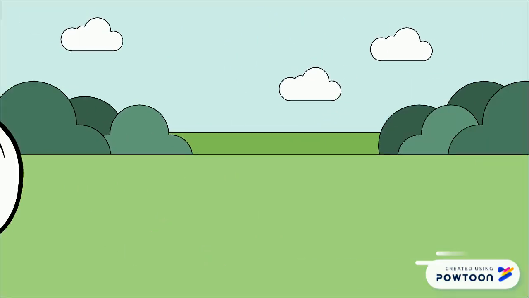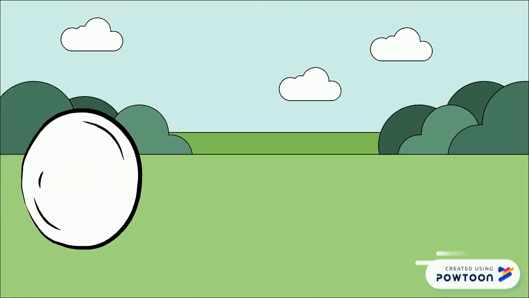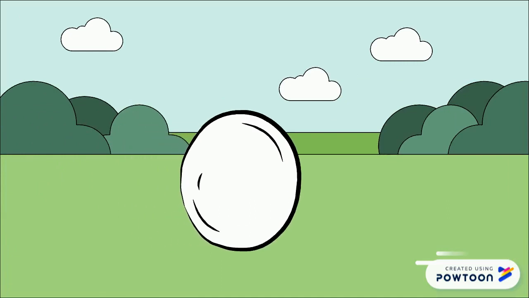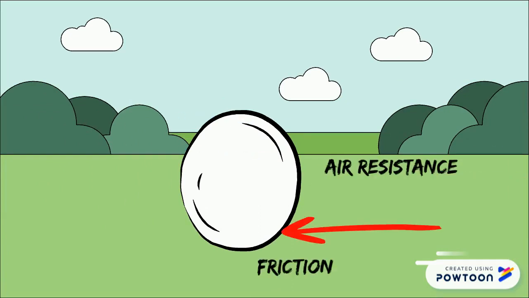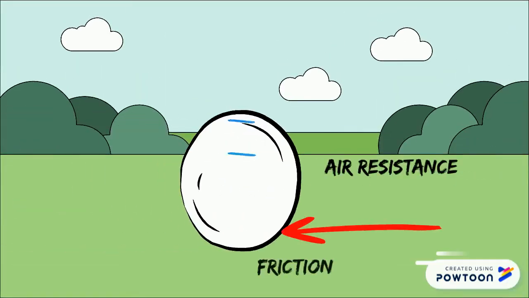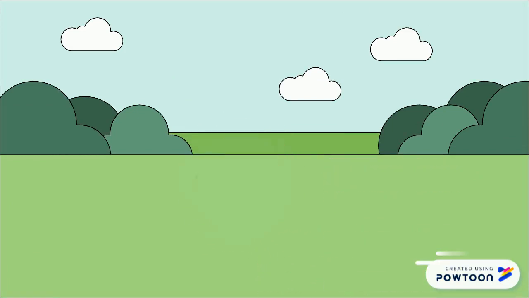Now imagine having to roll a ball through the grass. Of course, no matter how hard you roll the ball, it will stop at a certain point. This is because there are other forces or external forces like air resistance and friction that act on the rolling ball which made it stop. But if you remove the external forces, the ball will continue to roll infinitely with the same amount of velocity at every moment it is rolling. Or in short, the ball would roll in a uniform motion.